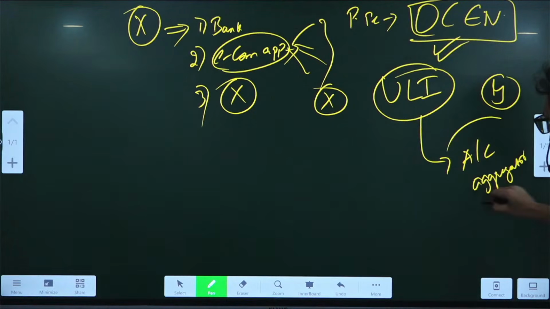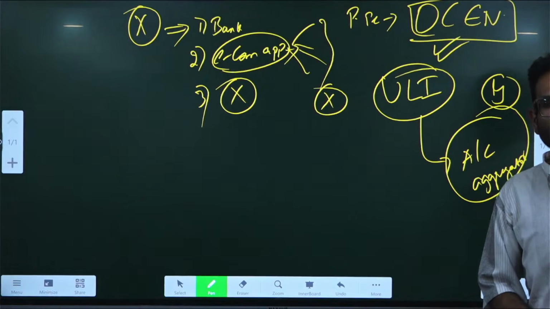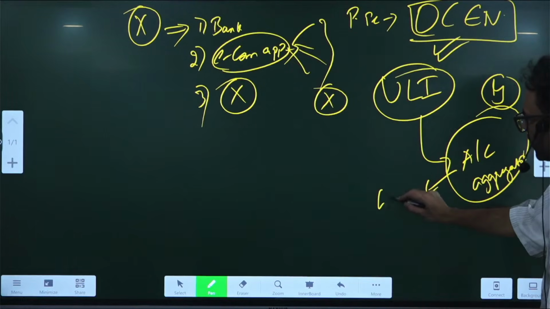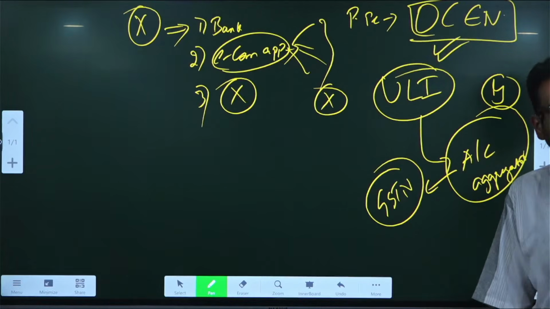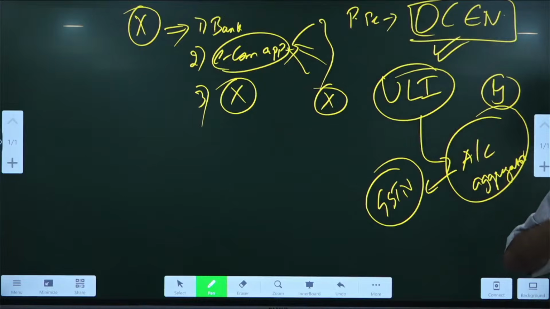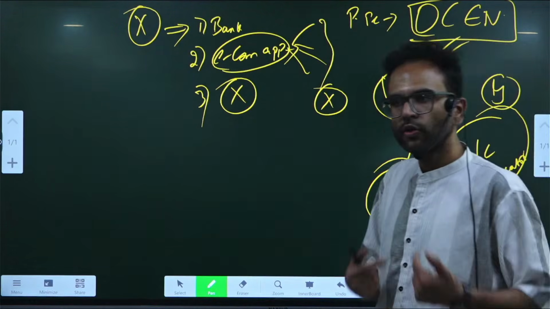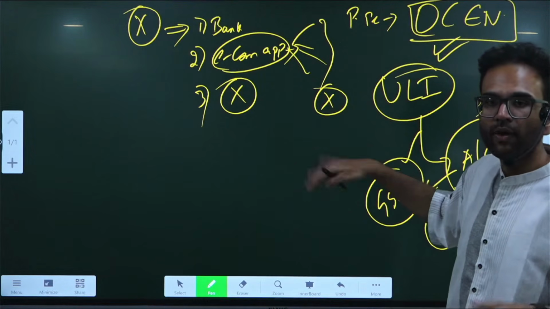So the job of this account aggregator is to go find relevant data from multiple sources. For example, they will go to the GST network and fetch the GST data if it is available. Link to Aadhaar or PAN card details, they'll fetch that. They'll go to the income tax department and fetch the IT returns. So everywhere you have to consent. This is consent based. It cannot function without consent.